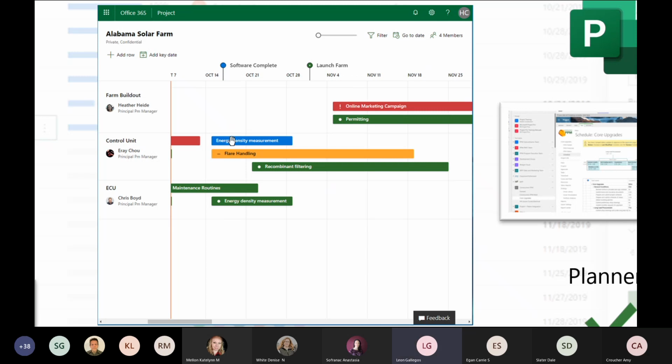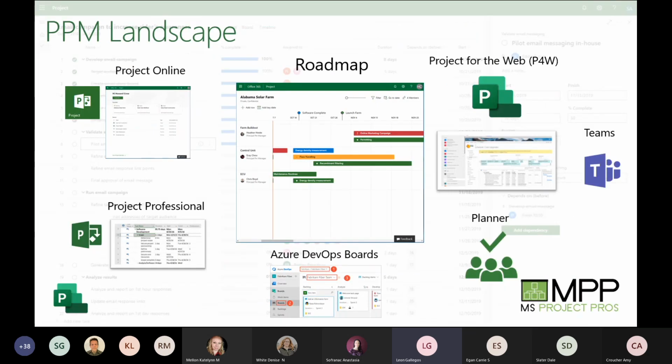What these other bars are representing, you can see Ira here has a couple different projects. These could be pulled in from Project for the Web or what's known as Azure DevOps. So Roadmap is designed to pull in very high level project information into this roadmap interface.